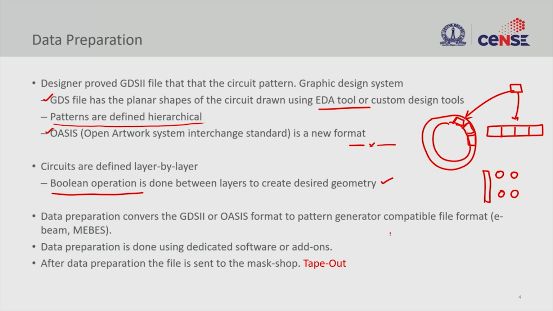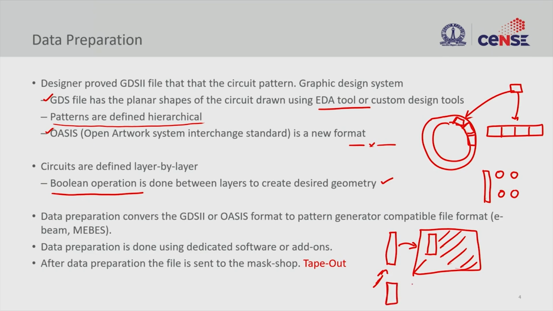So what do we mean by Boolean? For instance, I want to draw a line like this. As a designer you will draw a line, but then if the mask is dark field or light field, we'll look briefly at what bright field and dark field mean. So I want to have an opening here, and then I want opaque regions all over. So you only design this line. How do we go from this layer to this layer? This is where the Boolean comes in. So Boolean here could be an AND operation. If you do an AND between the structure and a large patch, what you will get is something like this. These Boolean operations are done by the mask preparation team,